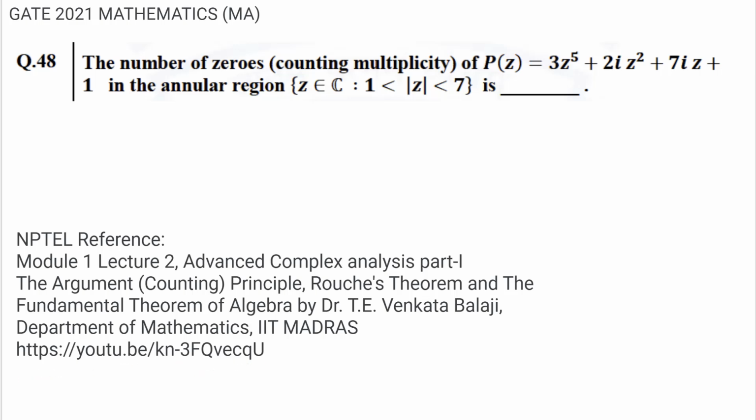So now coming to the solution. It is given the polynomial p of z as 3z to the power of 5 plus 2i times z square plus 7iz plus 1. We solve this problem using the Roche's theorem. So first of all, let me write the polynomial. Given p of z is the polynomial 3z to the power of 5 plus 2i z square plus 7iz plus 1, and the annular region is